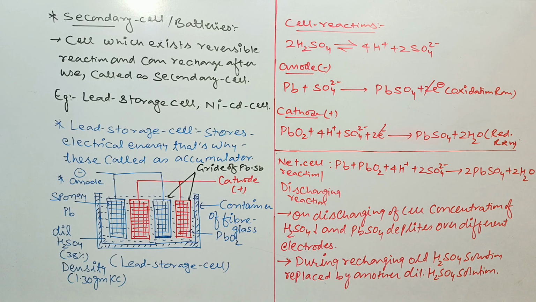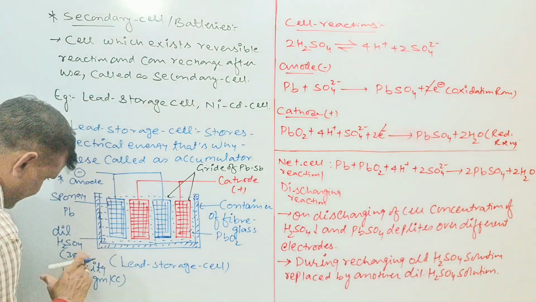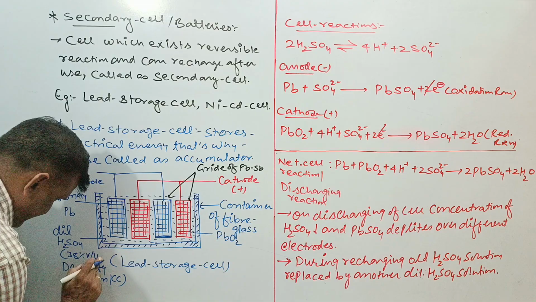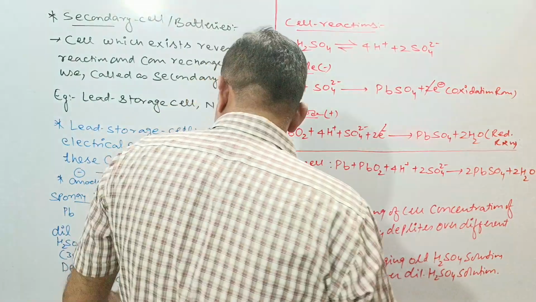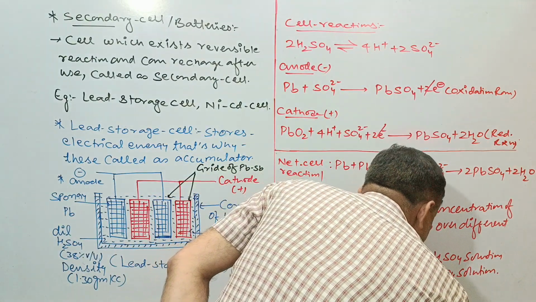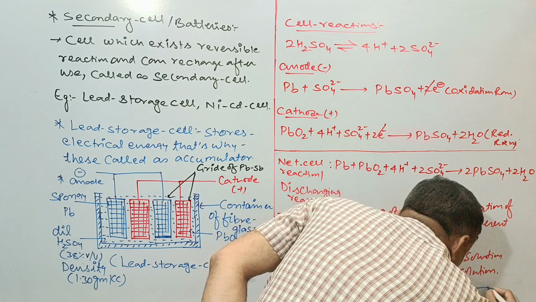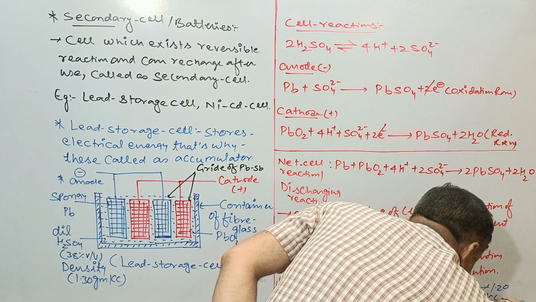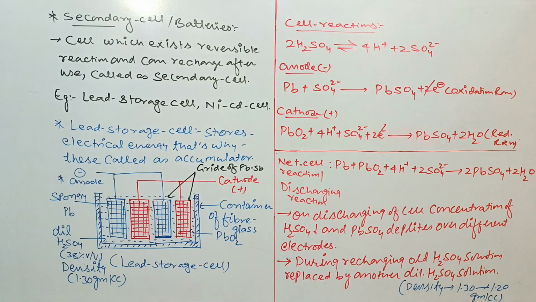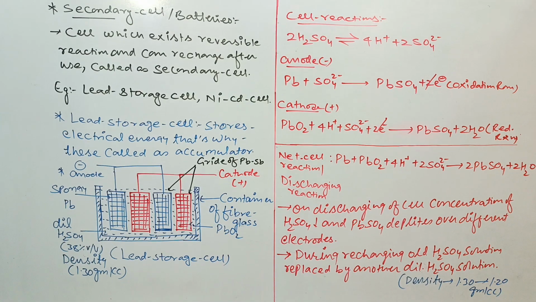The concentration of dilute H2SO4 decreases from 1.30 to 1.20, यानी कि 1.30 से 1.20 तक उसकी डेंसिटी हो जाती है, और डेंसिटी डिक्रीज होते हैं, पर्टिकुलर इसको चेंज करते हैं. And 38% is a by volume percentage. You have to learn about this by volume percentage. And during the discharging, concentration means density changes from 1.30 to 1.20 ग्राम पर सीसी। ये वाला बात भी आपको याद रखने वाला है। दिस इज टू इंपॉर्टेंट।